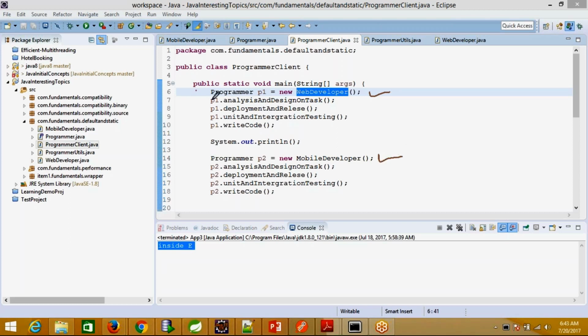When I call all these four methods for the web developer object, it will trigger the web developer related stuff, and when I call all these four methods on the mobile developer object, it will trigger the mobile developer related methods here. So let's run this class once and look into the output.